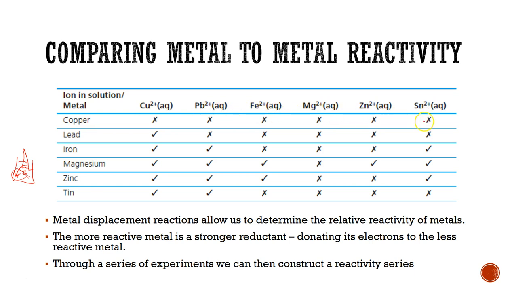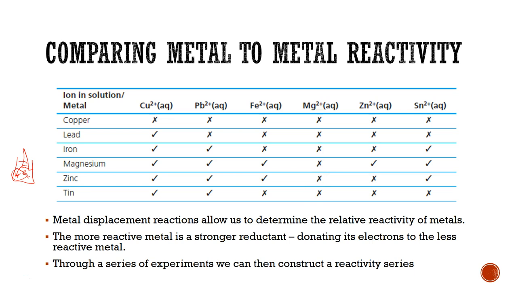It can't displace them out of solution. If I take a piece of lead, however, I can see that lead will displace copper out of solution, but will not displace any of the others. We can continue these reactions until we start to see that in the case of zinc, it will displace copper, lead, iron, and tin, but it won't displace magnesium, okay, which means that magnesium must be the most reactive of the metals